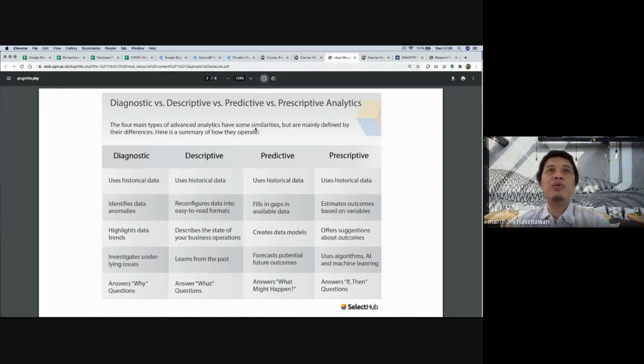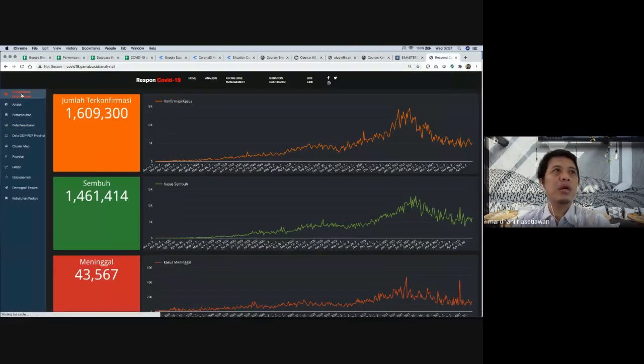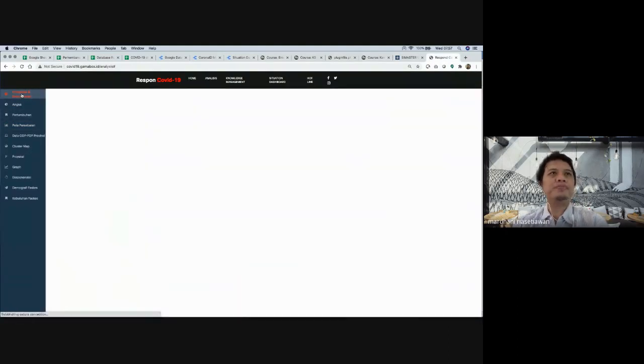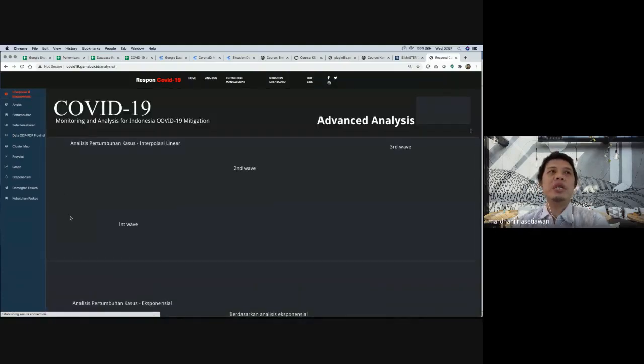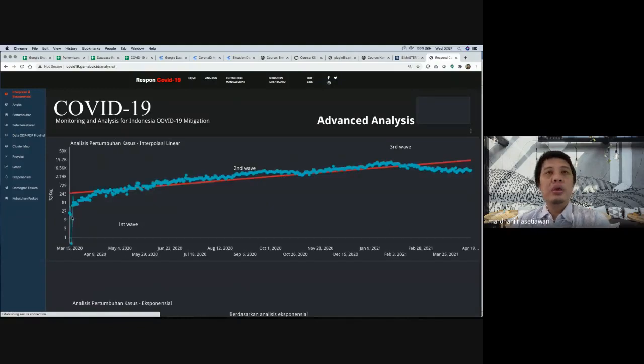One of the results of data analytics is something like this. We do some analysis using, for example, interpolation and the exponential method to predict the data. So we found something like this.